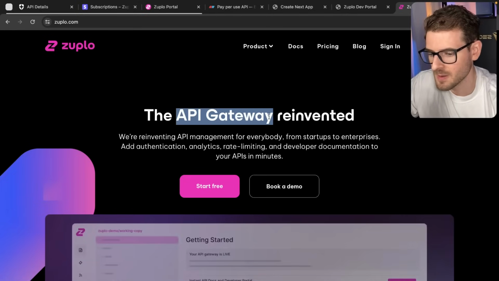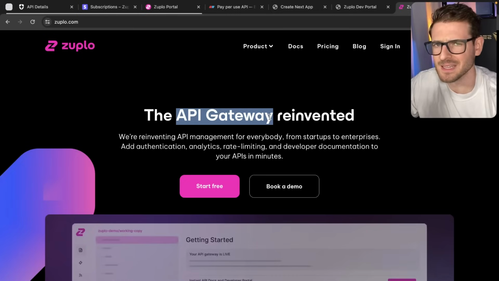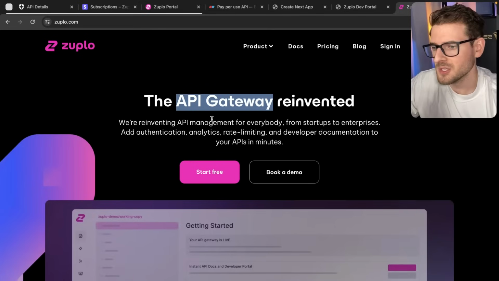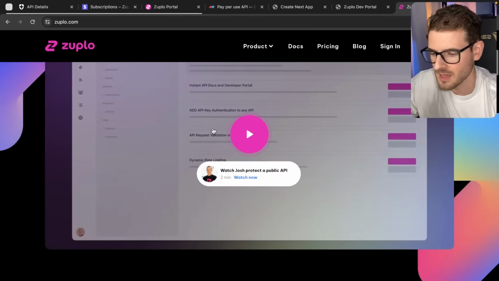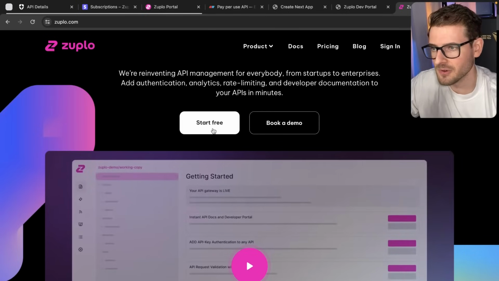Zuplo is an API gateway, which I'll diagram out, what exactly is an API gateway. It's more of an advanced topic, but it's good to understand. It provides you ways to basically add authentication on top of all your endpoints. You can add analytics, you can add rate limiting. And like you saw here, I add some type of metering so I can automatically invoke Stripe as my API